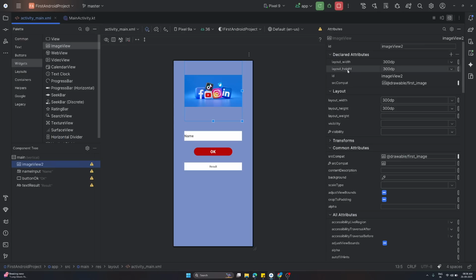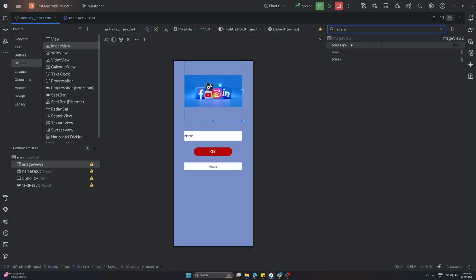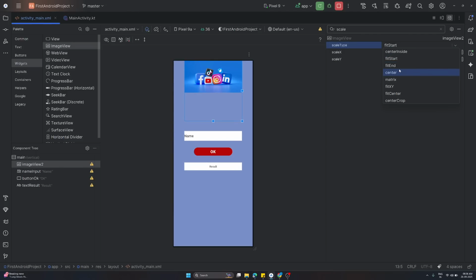If you try to see here, somewhere you will be able to see the scaleType property for the image view. Let's try to search it. ScaleType property. Yeah, so this one. So we can adjust this. Here you will be able to see a couple of options. fitStart means it will start at the start of the image view. fitEnd means it places the image at the end, at the bottom,